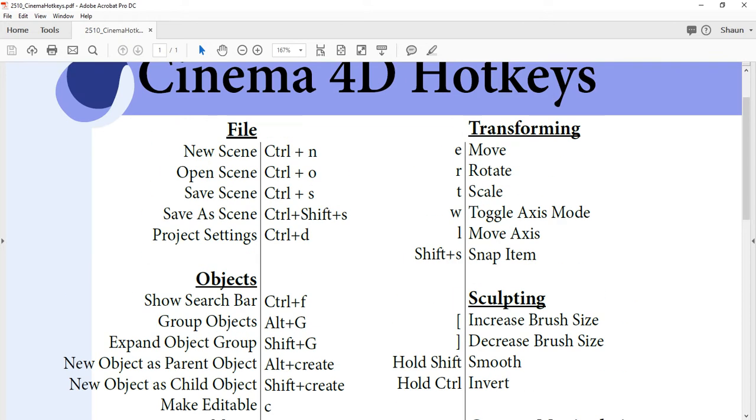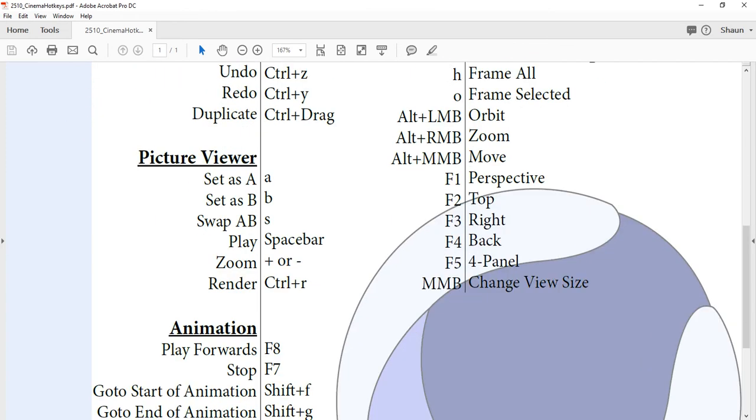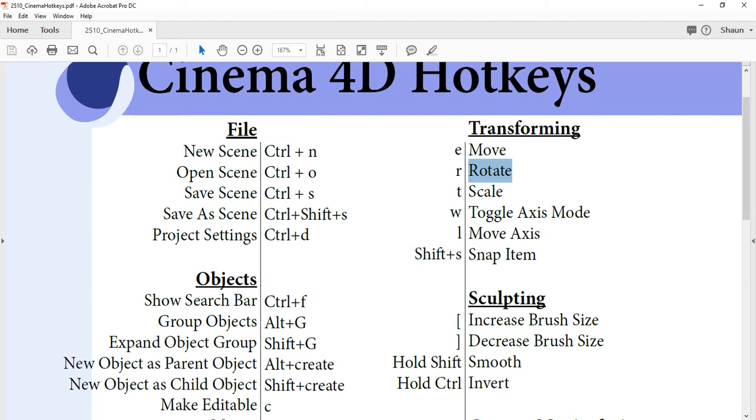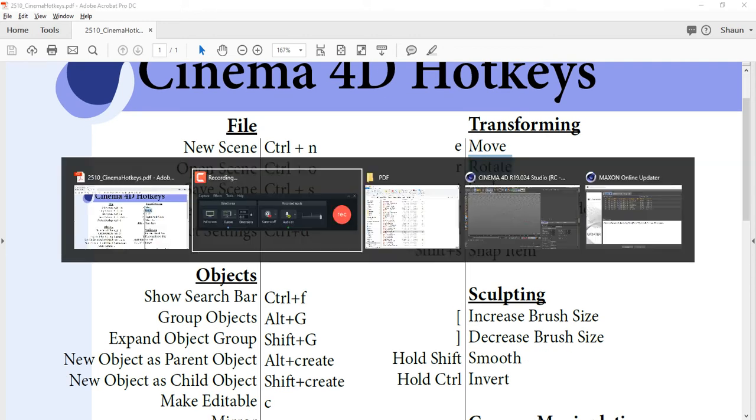A lot of these are repetitive. These 3 especially, you should have been doing your entire life on computers. Control N, O, and S are typical across-the-board things. These ones we use every single class, or we should be using them every single class. Some of these we haven't touched yet. We will play with them. I just want to get to them eventually, okay? So we're going to go through these and make sure that you can see exactly what they do and maybe connect it visually